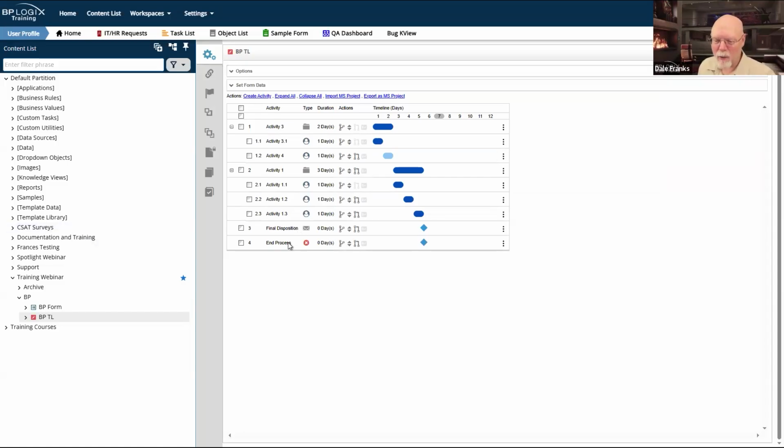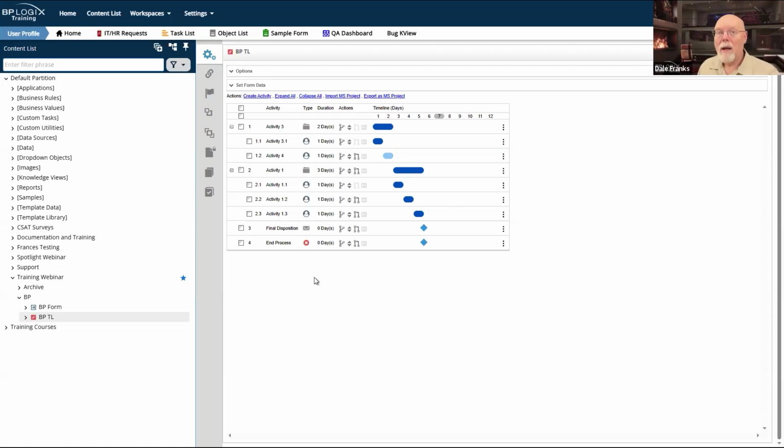But I see this a lot, end process, as the very last thing going on in the process timeline. That is the most unnecessary thing that you could possibly do when creating a process timeline. Whenever this final disposition notification completes, this process timeline is going to end. It's going to mark itself as complete. All of the activities have been done. They have all been completed. Thus, the process timeline is completed. Process timelines end themselves at the appropriate time. So this end process here is unnecessary.